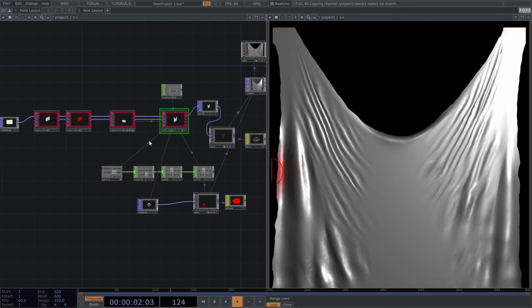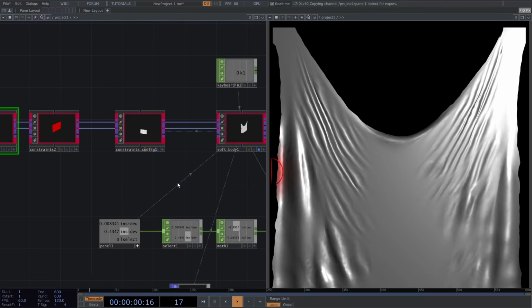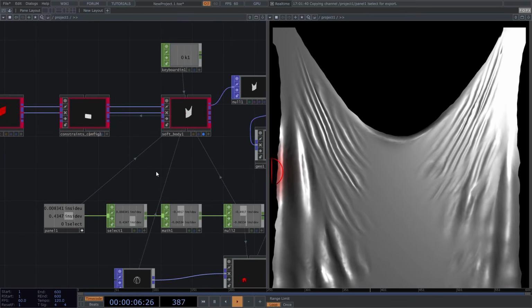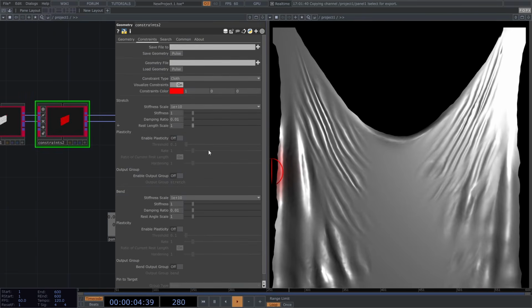And while I'm explaining, for you to learn what these operators are and the purpose of each one of them, in the next tutorials we're going to look at more examples of soft body simulations and how to change the properties of the constraints while we're simulating